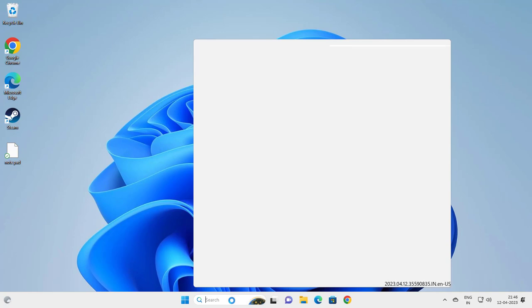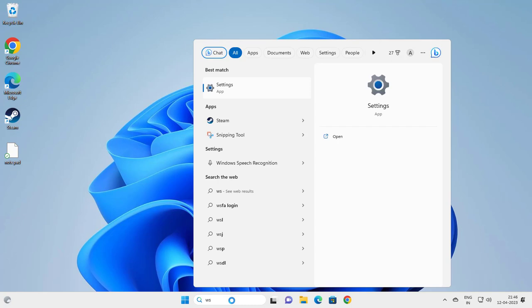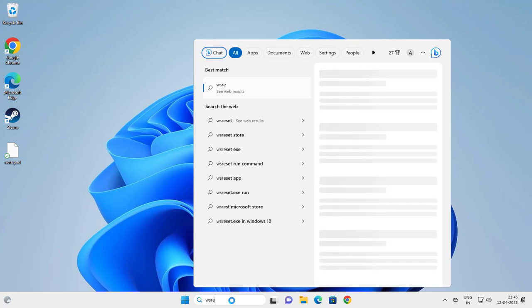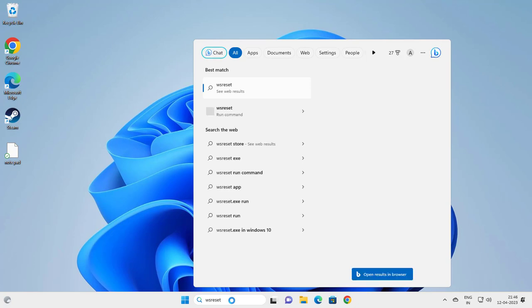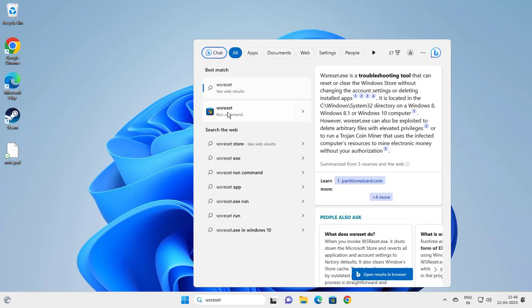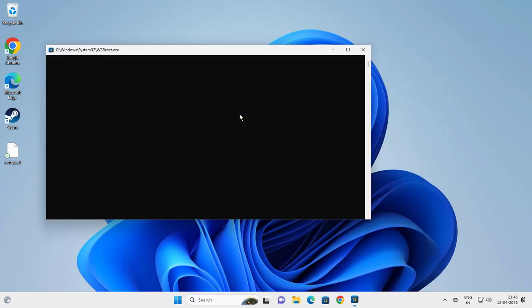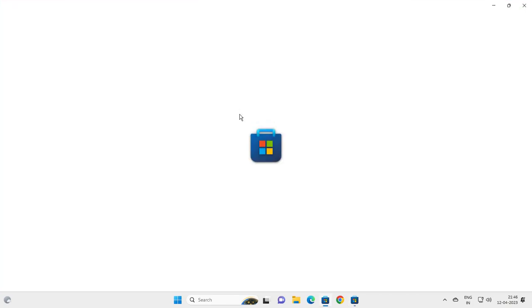Next step, you want to go to the search menu and type WSRESET. WSRESET, run command, click on it. Wait for a moment guys. Hopefully that should resolve the problem, but if you are still having an issue,